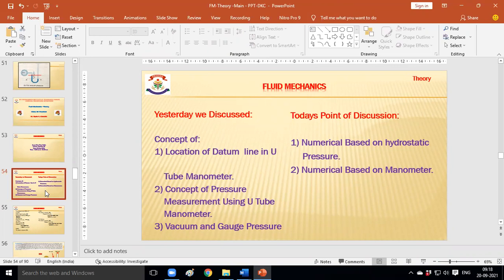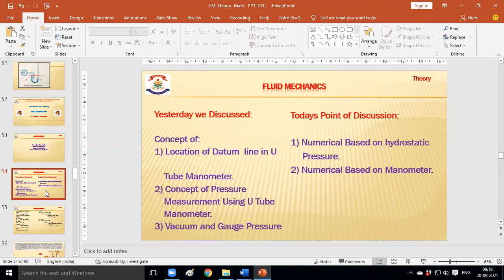Rho is called the density of the fluid, and g is the acceleration due to gravity. And h is the height of the point from the surface of the liquid. The liquid may be water or it may be another fluid.